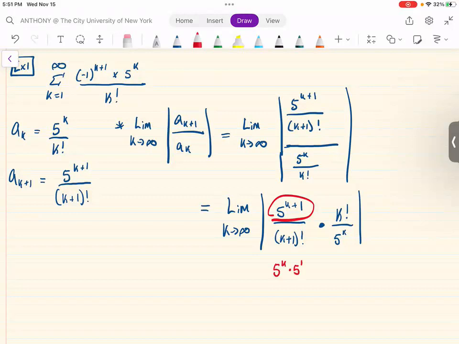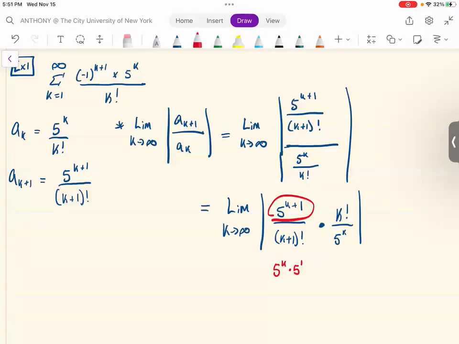If you recall from pre-calculus or algebra, as long as the bases are the same, you add the exponents. So we're looking at 5 to the power of k plus 1 backwards to give us 5 to the k